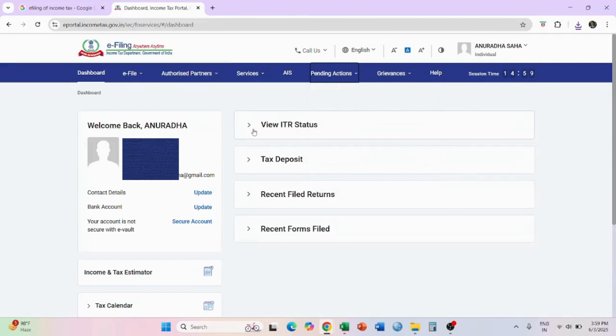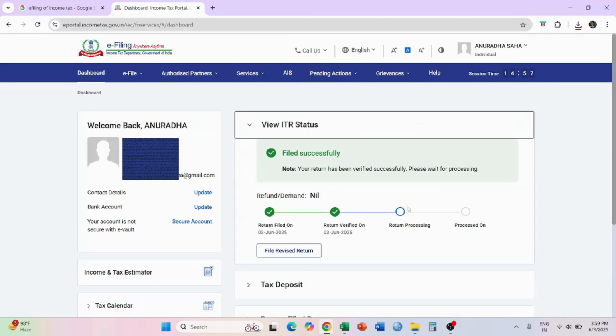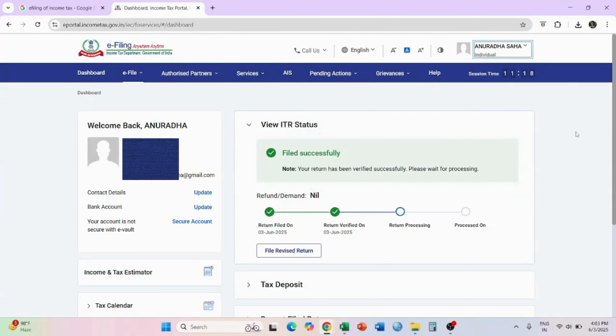Here, if you view the ITR status, you can see that your return is verified on 3rd June 2025. Now, once we have seen all the data and completed the return filing and verification, we click on the name and log out from the page.